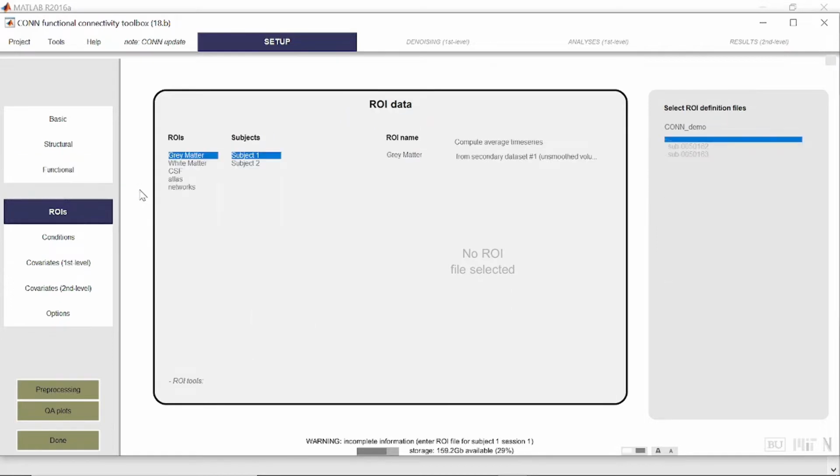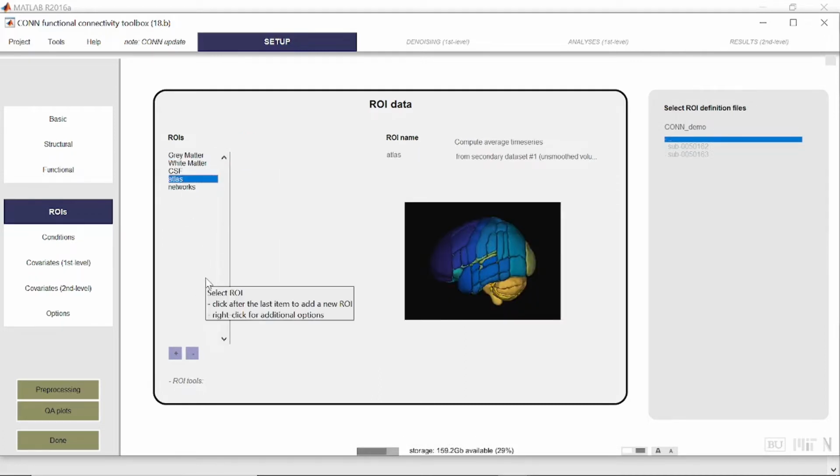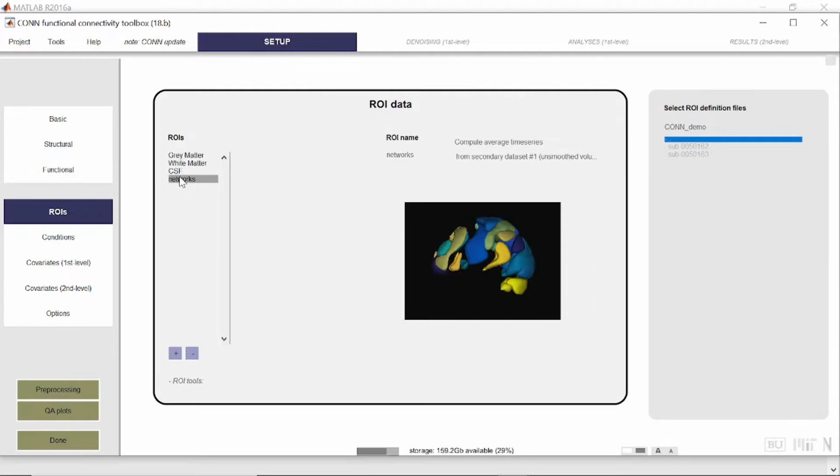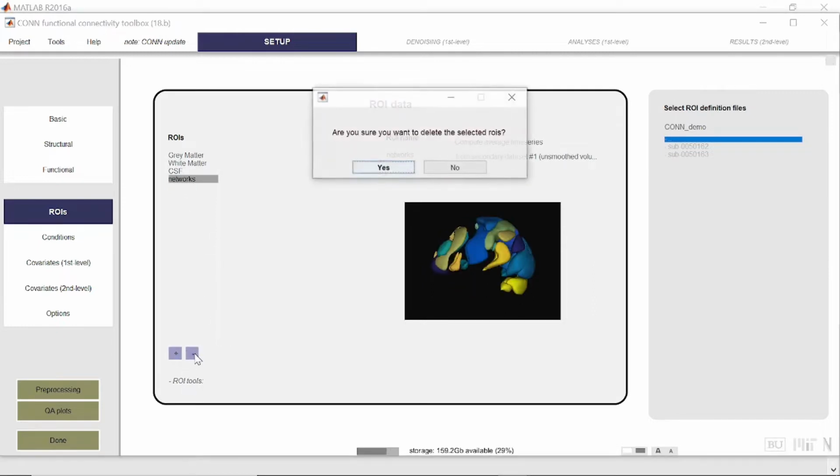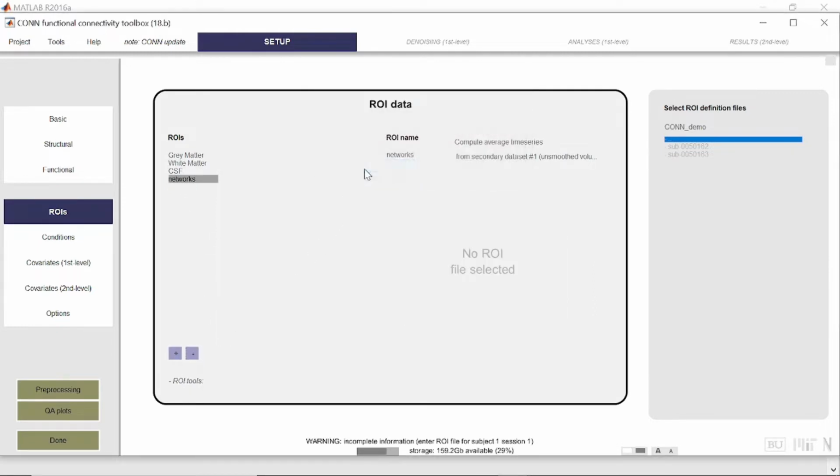Now I'm going to remove the default ROIs, which is Atlas and networks, which we are not interested in. Replacing that, we are going to enter a new file, Atlas file. We'll come to what is an Atlas file later, but now let's just input it. So I'm creating a new ROI and naming it Schaefer,